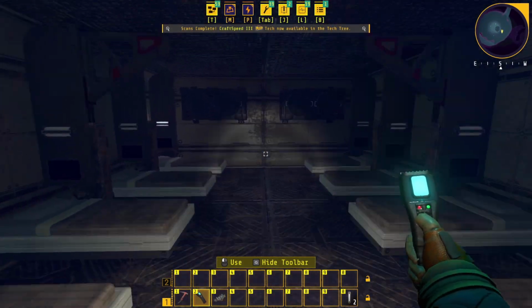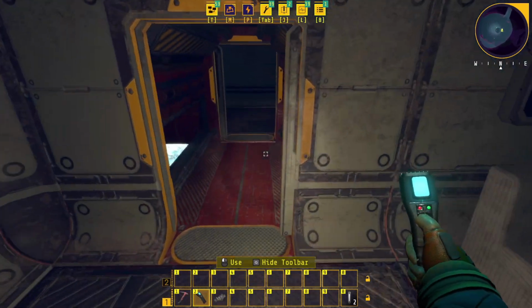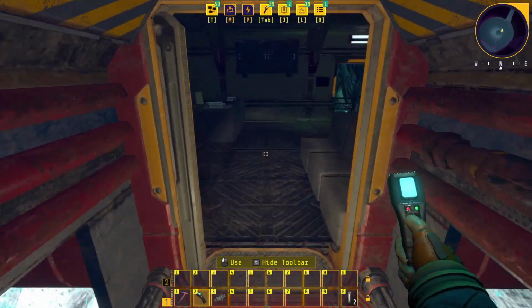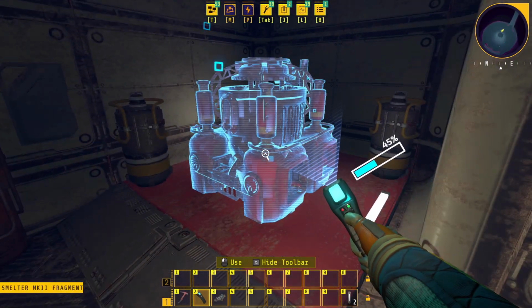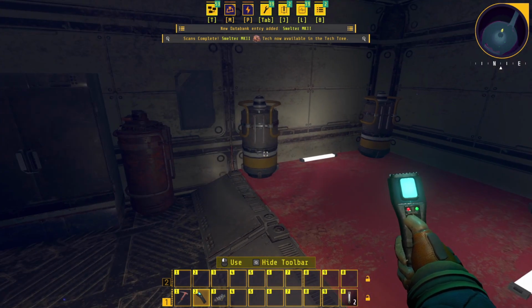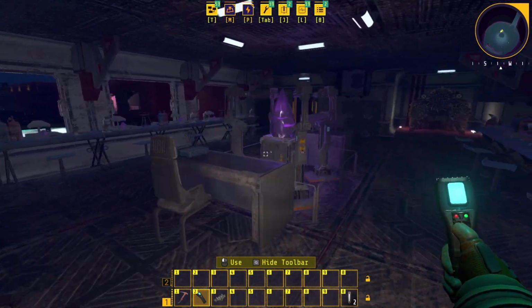Craft speed 3. I actually probably need to do some research into those, because crafting is becoming grindy, and I would imagine that it will be significantly less. What are you? Smelter Mark 2. Oh, I wonder if...